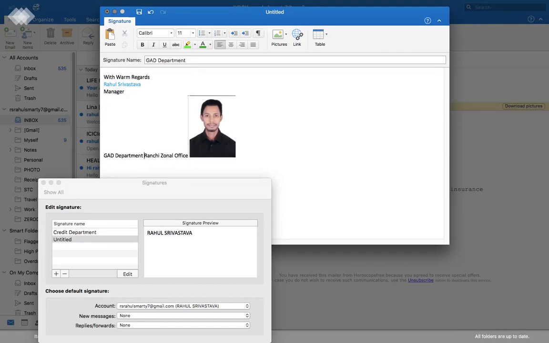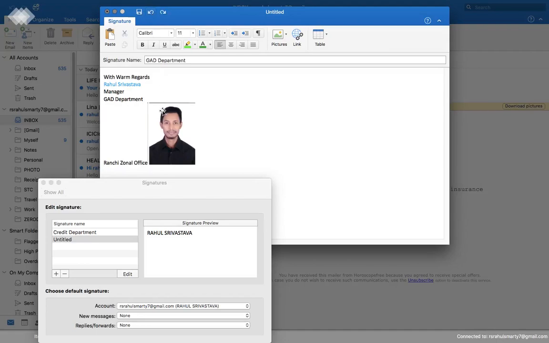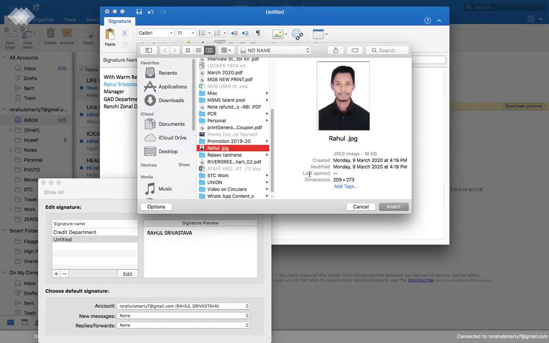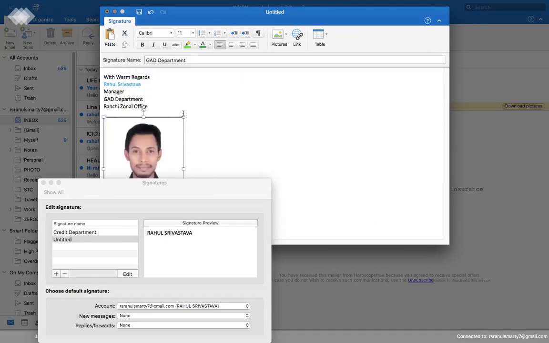Just a second. So this also you can very well do. I'll once again do it for you. I'll put the cursor over here and again go to picture from file, and I will select the file and insert it. Now I will reduce the size according to my convenience, whichever would look better.